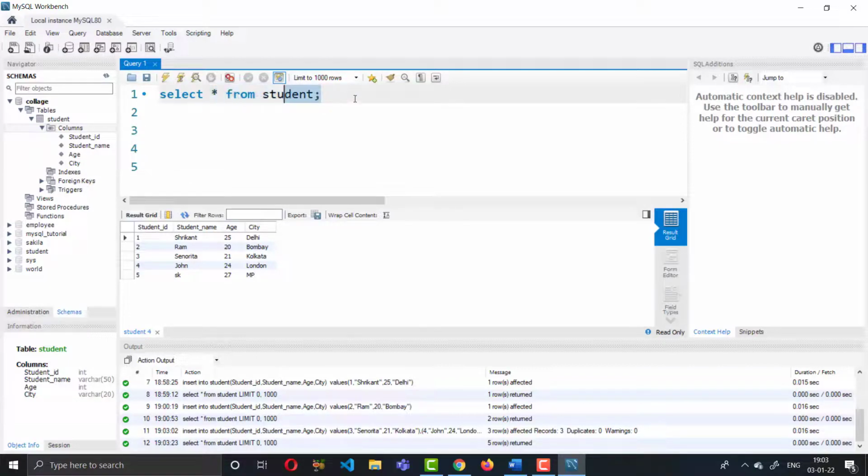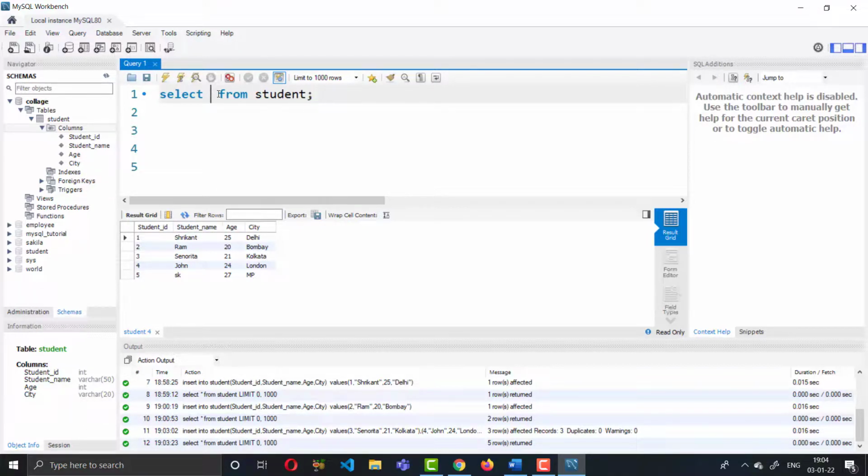So one thing I want to tell you, what is the star here? The star means we want to display all the columns. There are 1, 2, 3, 4, total 4 columns here. So the star means all the columns from the table should be displayed. So suppose I want to select only student name. So how will you do it?